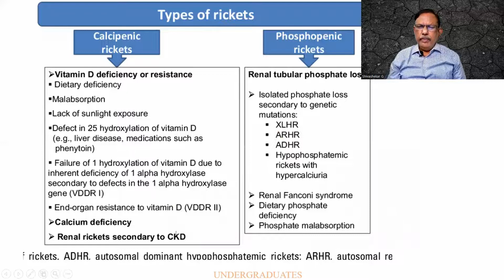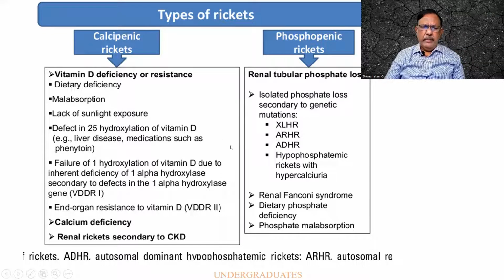This is a little complex chart. I would like you to remember only two things. There is something called as calcipenic rickets and phosphopenic rickets. Remember these two words. So calcipenic, as I mentioned earlier, there will be a resistance to vitamin D. Malabsorption, lack of exposure to sunlight,